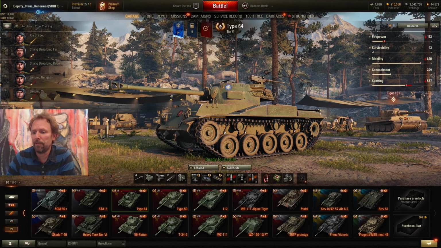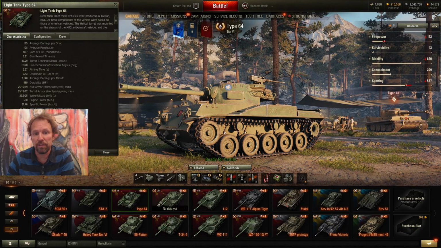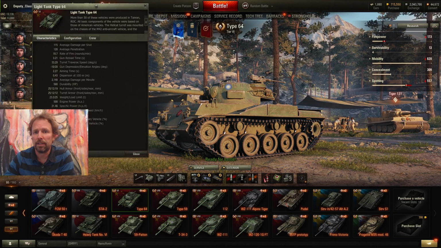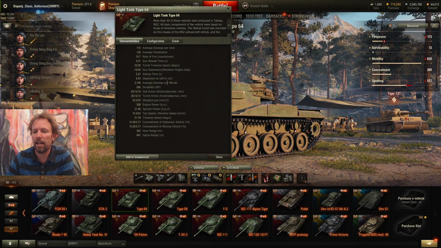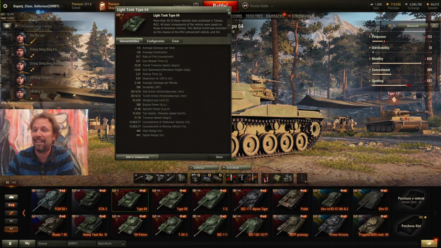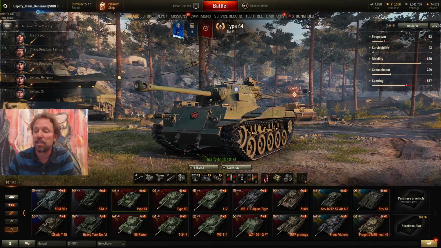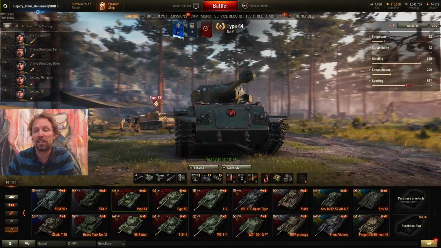You pull out there. Oh, we didn't even check. Wait. We didn't even check. Do you even spot anyone? You had, remember, 489 view range. No, you only have 383. You don't spot anyone. You're in the bush. You're going, where are they? I don't see anyone. Well, you get spotted